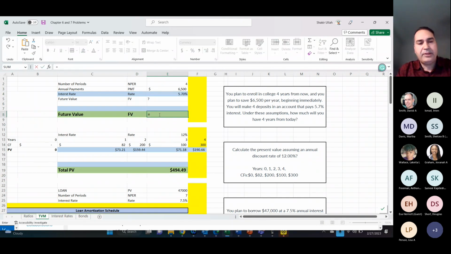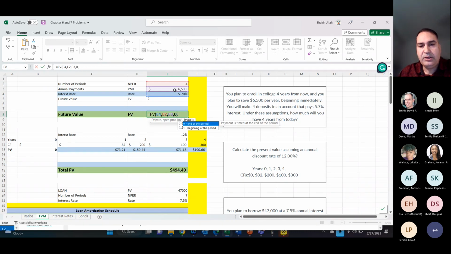Using your Excel, we use the same future value formula that we have been using. We used that in chapter 5 and chapter 6, and we're also going to use that in chapter 7, and in chapter 8. So it asks for the rate, which is 5.7%, comma, number of periods, which is 4, and then payment, and that is 6,500. It is asking for the present value, but we don't have any present value to talk about,